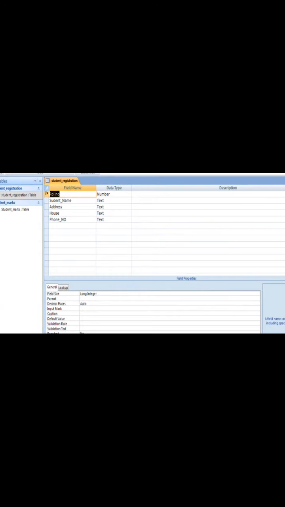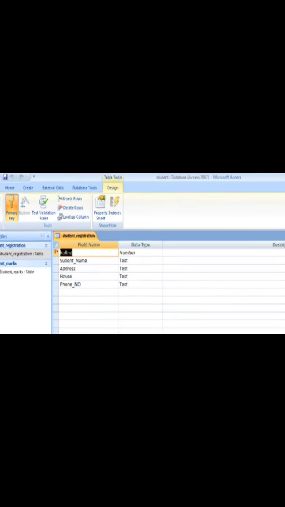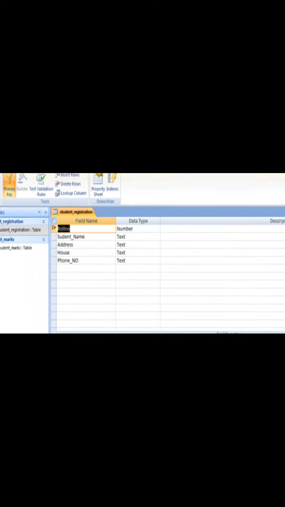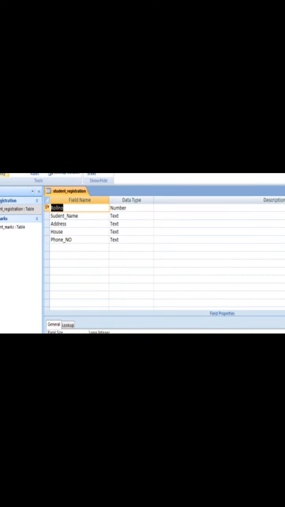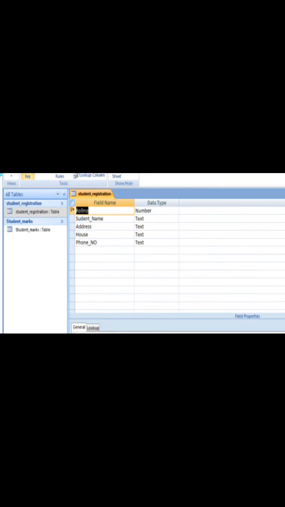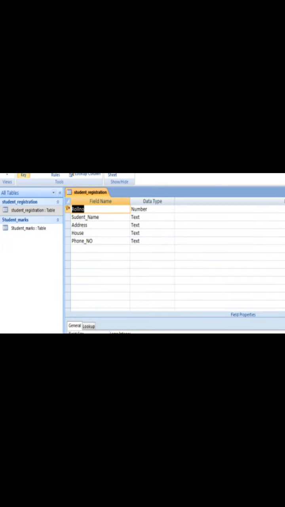Now let's see the structure of the first table, student registration. I have kept roll number, student name, address, phone number. You can see here the roll number I declared as a primary key. This key sign you can easily check.